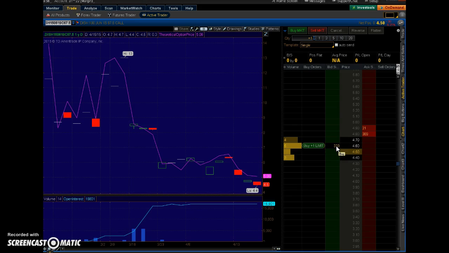Obviously, if you click on the green column or on the red column, your order will be sent along. And particularly if you have auto send checked off up here, it will automatically send the order. But the reason I bring this window up is to show you something interesting, which is if you click on this drop down arrow where it says single and you change that to target with bracket,